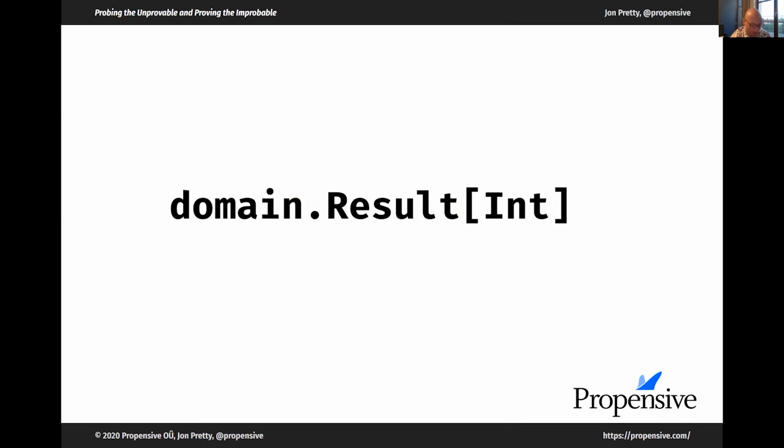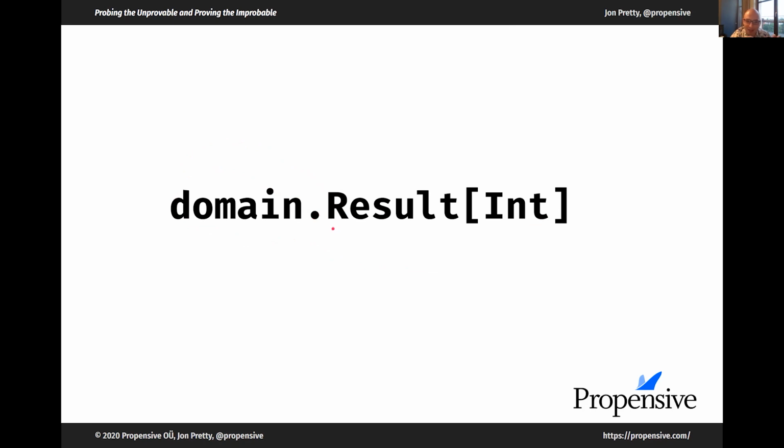So what I propose in Quarantine is a path-dependent type. It's called Result. Here, as the parameter, you see the type of the result. But there is a path here, a path which I'm calling domain.